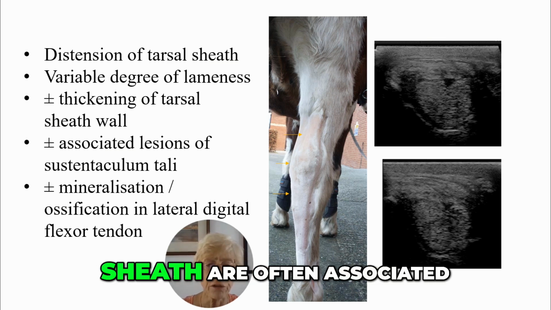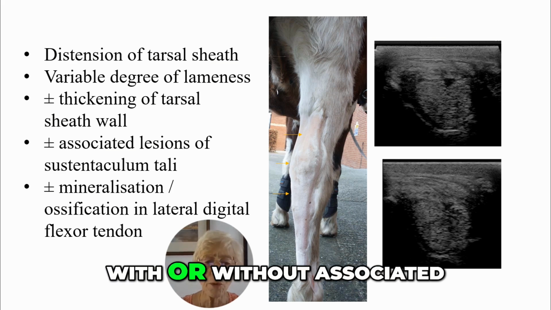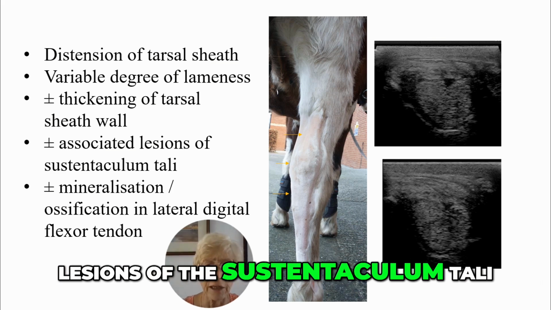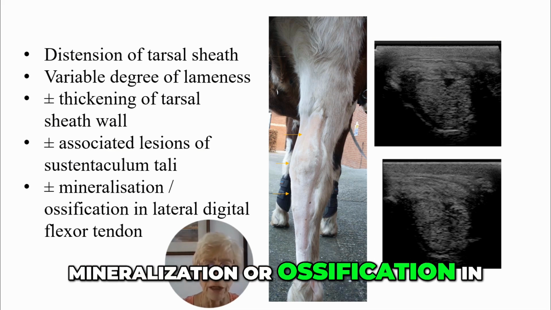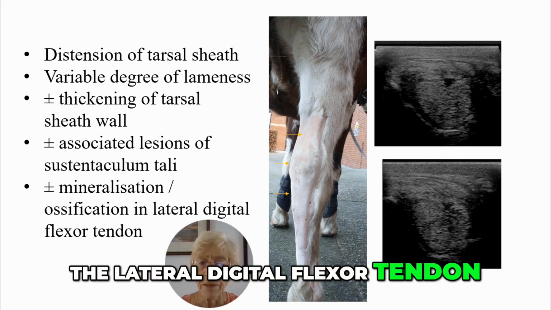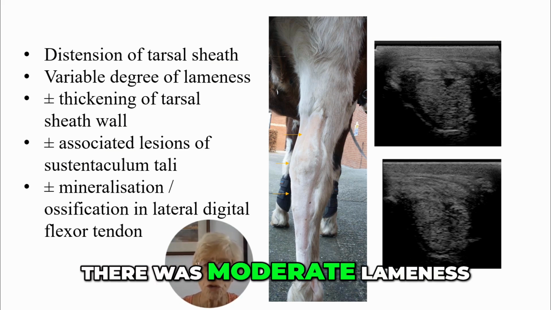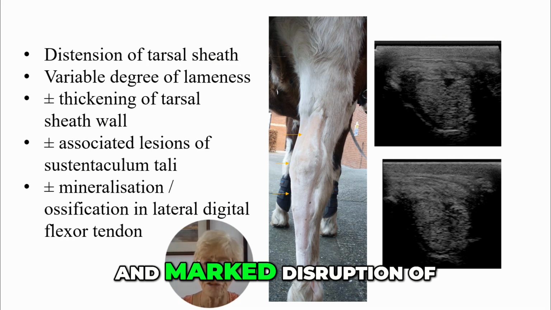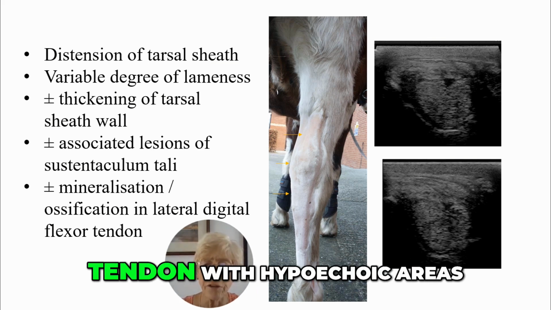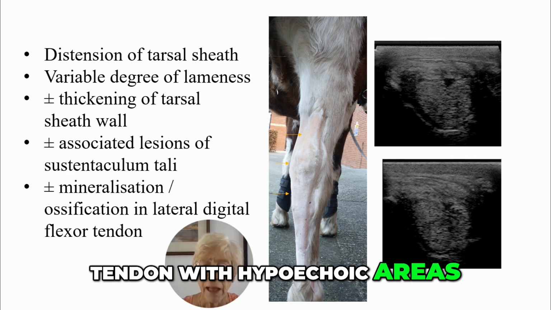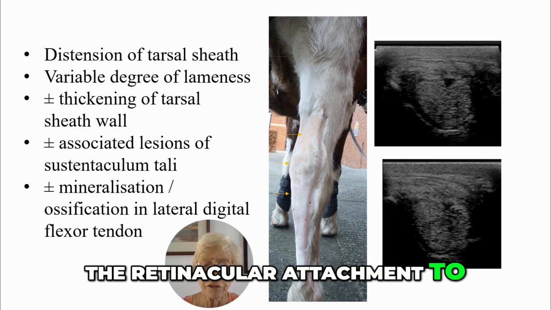Injuries of the tarsal sheath are often associated with thickening of the tarsal sheath wall, with or without associated lesions of the sustentaculum tali. Sometimes we will see mineralization or ossification in the lateral digital flexor tendon. In this horse, in association with this marked distension, there was moderate lameness and marked disruption of the normal architecture of the lateral digital flexor tendon with hypoechoic areas and marked thickening of the retinacular attachment to the plantar aspect